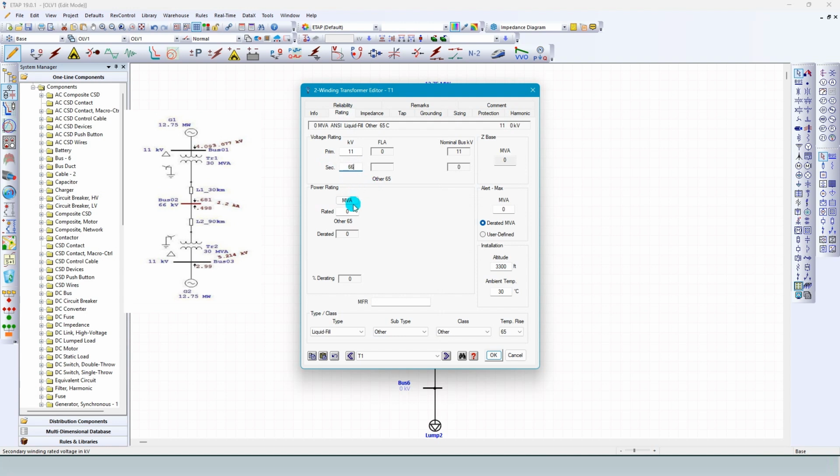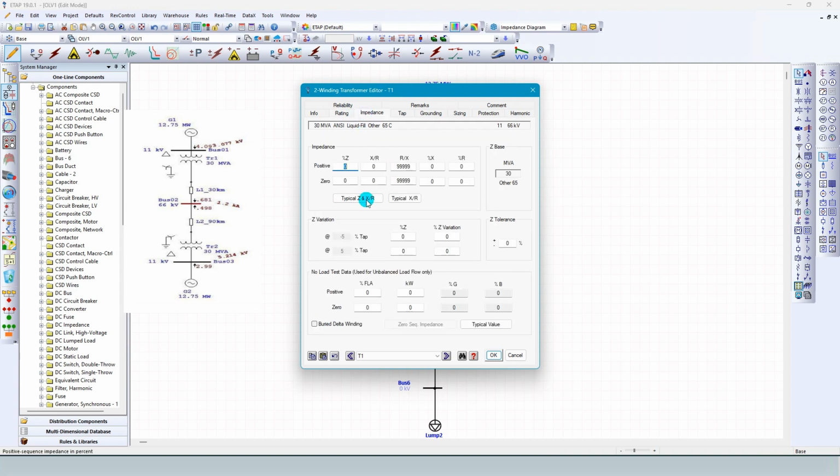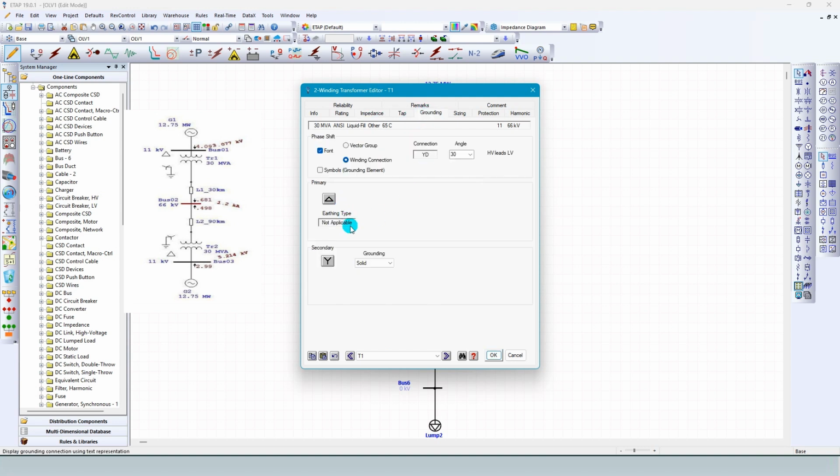From the two-winding transformer, input the primary and secondary values and the power rating. Select the connection type.